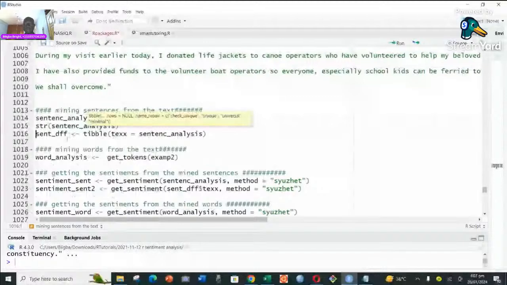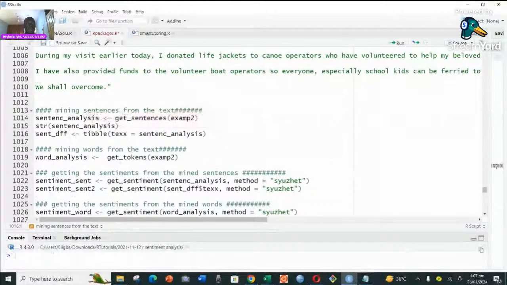As a rule, you saw it. Sometimes, after we have mined the sentences, we can decide to put it in the form of a data frame. So we use this table. Table is a function that comes with the tidyverse. So you need to load your tidyverse package and then you run that. In this case, when we print this, it's going to be a data frame because we have used